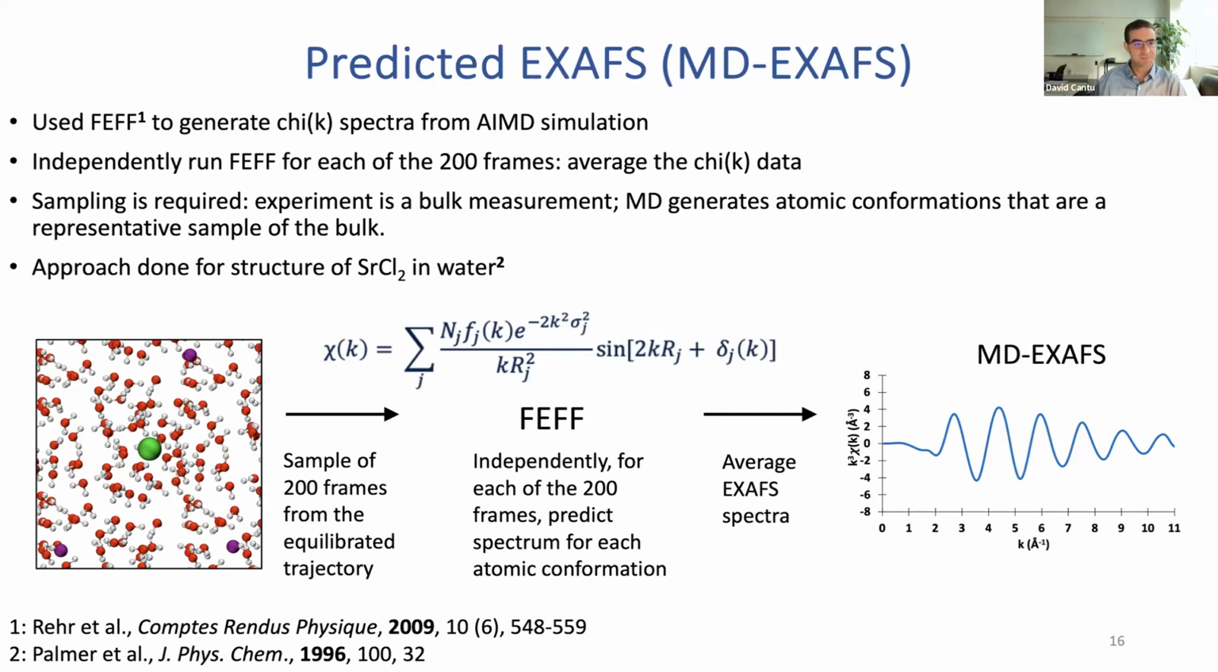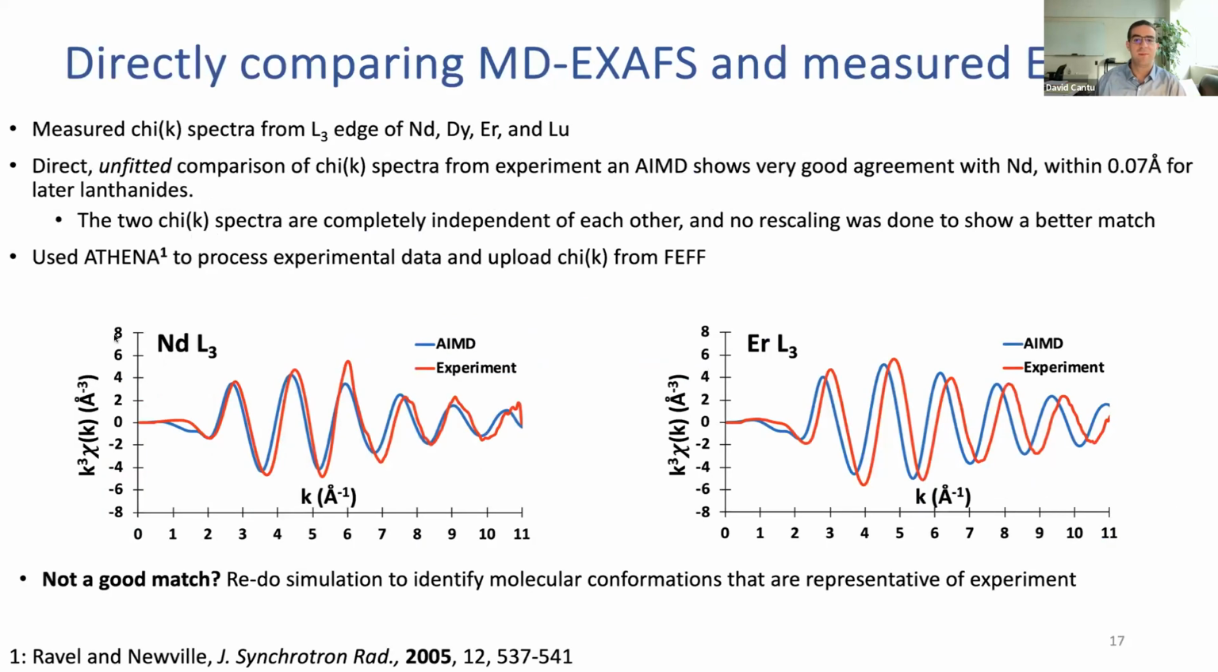So we generate the production AIMD, and then we predict EXAFS spectra for many frames, and then we average the spectra. And then that is the spectra that we compare with the measured ones. And so this is a direct unfitted comparison. So we're just overlaying the spectra predicted from simulation, that is from many frames of simulation, and the spectra that